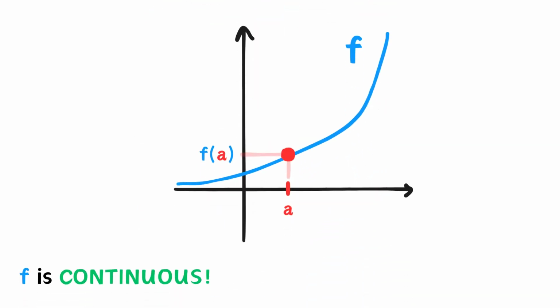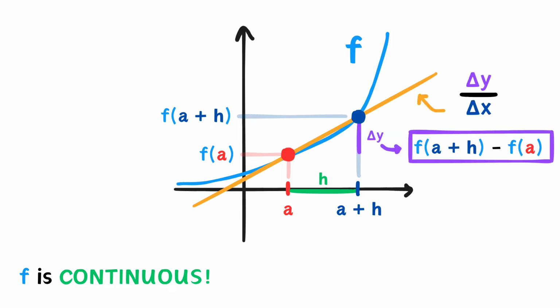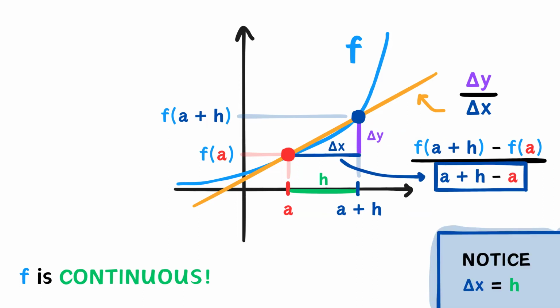Now, let's consider another way we can define the derivative using limits. Instead of focusing on another point, let's focus on the distance between a and the point. Let's call this distance h. So the x value of this point would be a plus h, and the function value of this point would be f of a plus h. Now, what is the slope of the secant line that passes through both points? It would be f of a plus h minus f of a, the rise, over a plus h minus a,